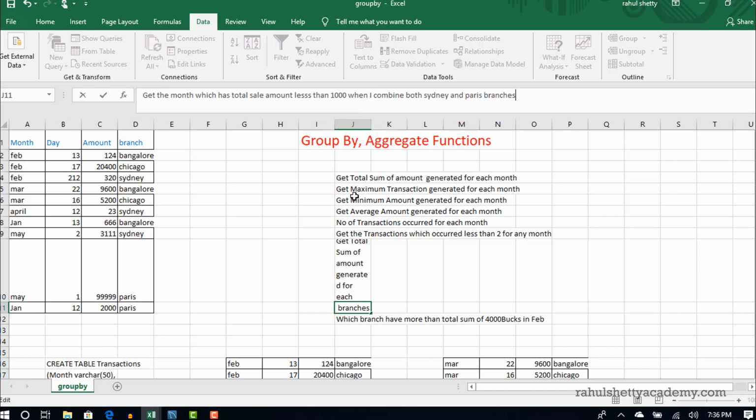Okay, I hope this is clear for you. Let me read this again. I'm just asking get me the month which has total sale value even not touching 1000 for both Sydney and Paris branches. Let's say that there are 4 different branches and Sydney and Paris branch are managed by one director.